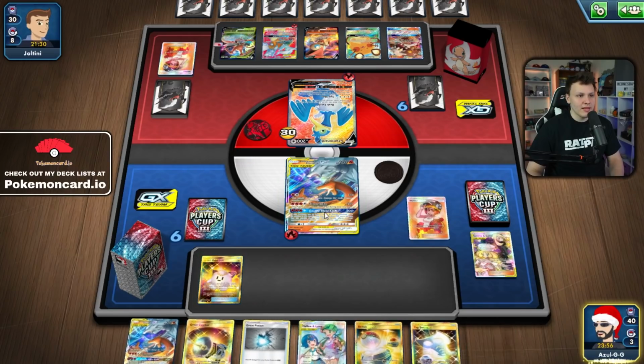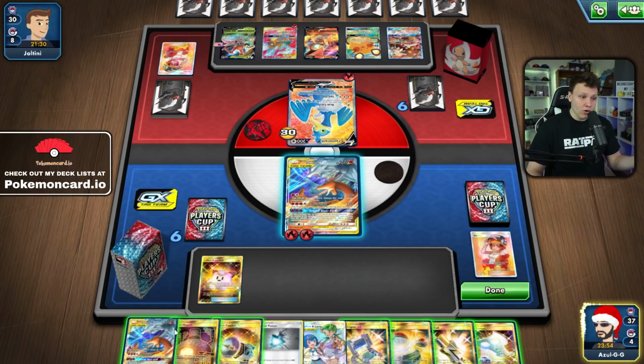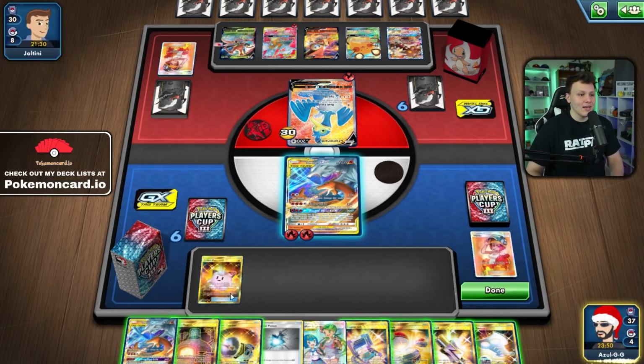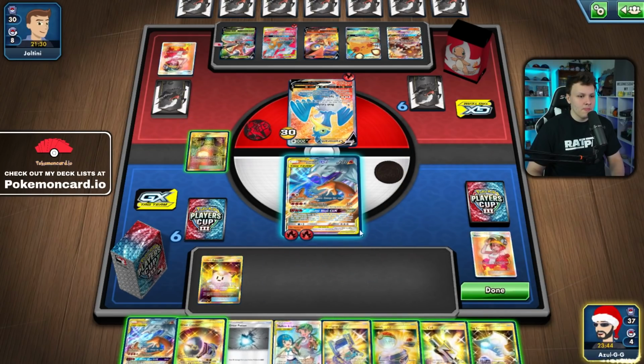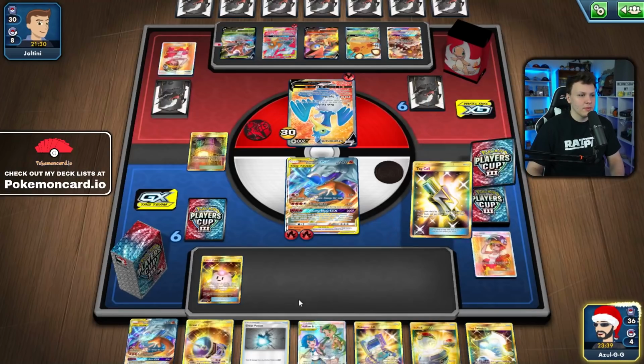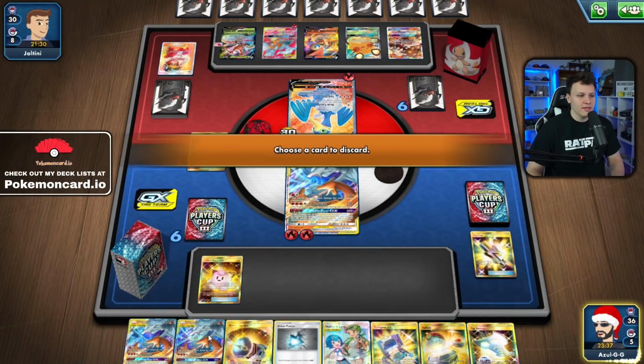So we're starting with the Welder to the active. You draw the Hearth. All right, so we can do it. Double blaze knockout. Man, but I don't know if I like it. All right, let's do it. Gonna get rid of... Play the tag call. Grab this. Get rid of this Charizard, I think. Could have just got rid of the tag call and kept that around, but...